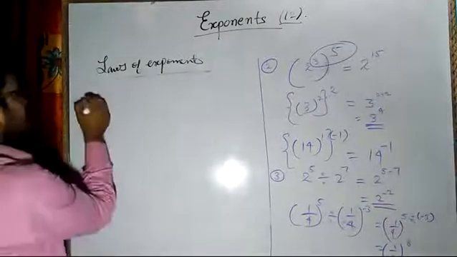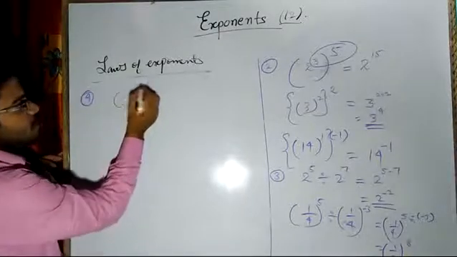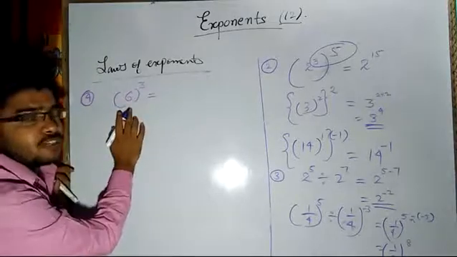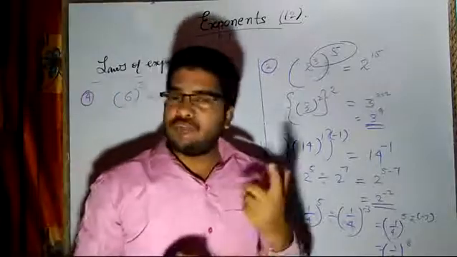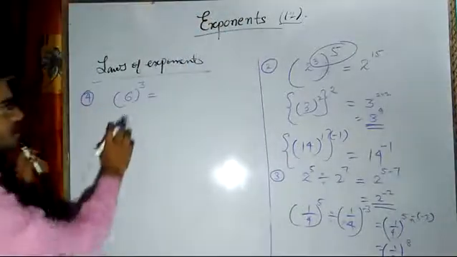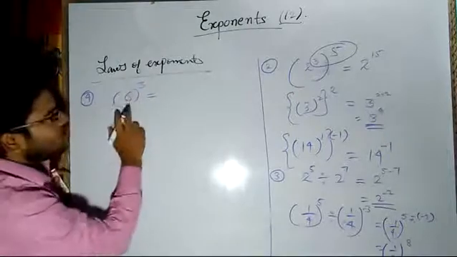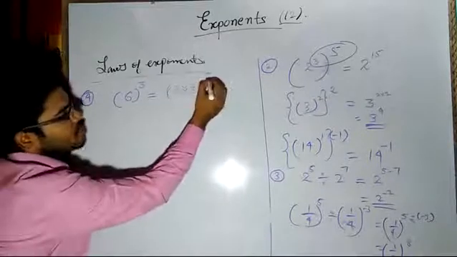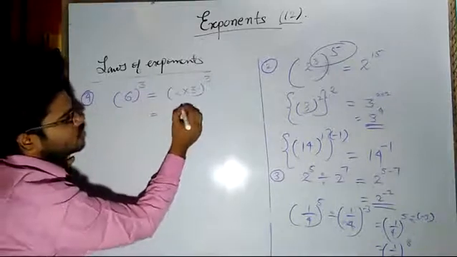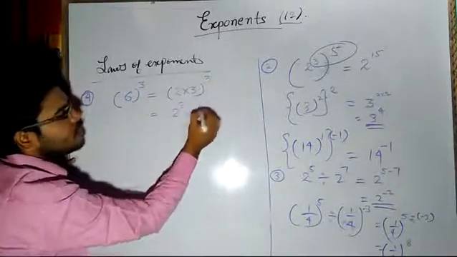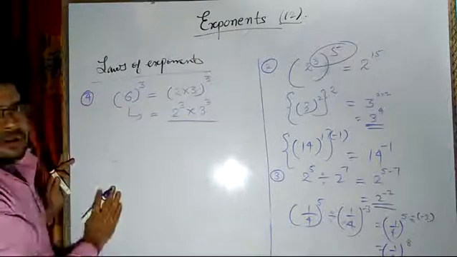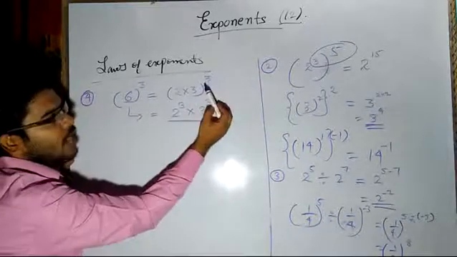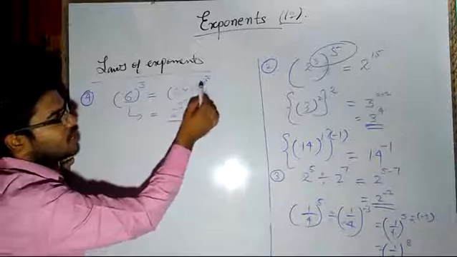Now one more law. If I have 6 raised to power 3, it can be written using the factors of 6. Already we have discussed factors and divisibility rules; many things we have already covered. Now for 6 raised to power 3, I can write 2 into 3 is equal to 6, so 2 times 3 whole raised to power 3. Now I can write this as 2 raised to power 3 multiplied with 3 raised to power 3. In this way I can break this number. Understood what I have done? In place of 6 I wrote 2 into 3 in brackets raised to power 3. This power came here and this power came here.